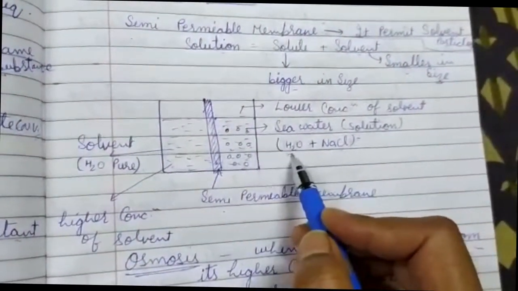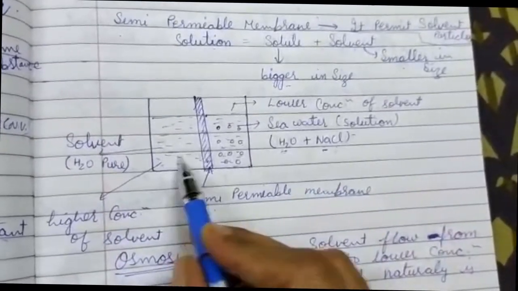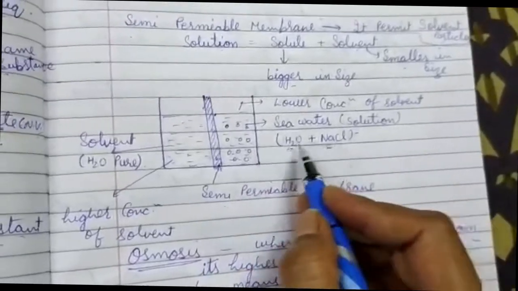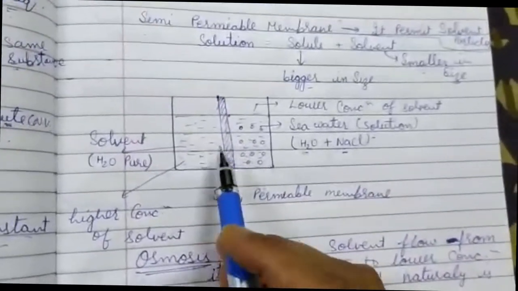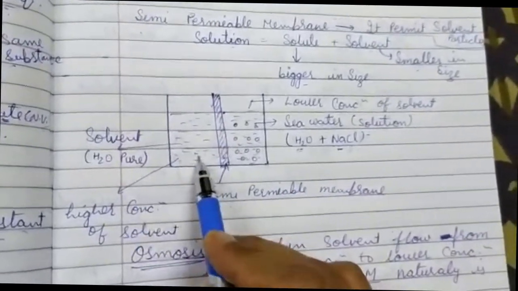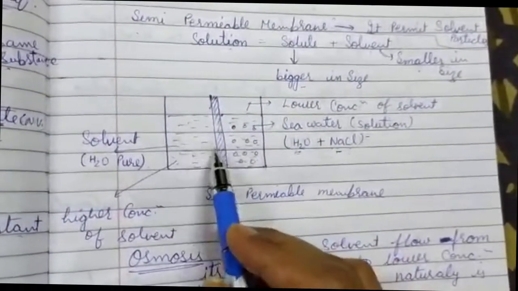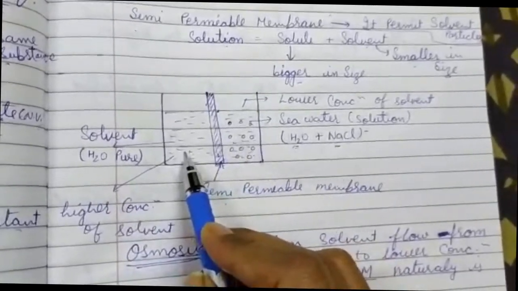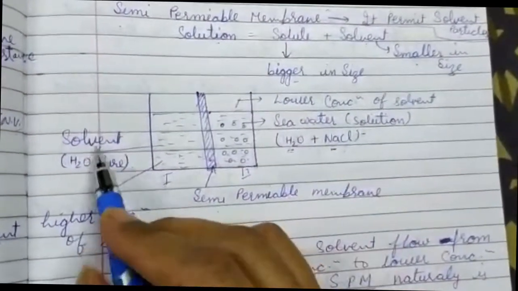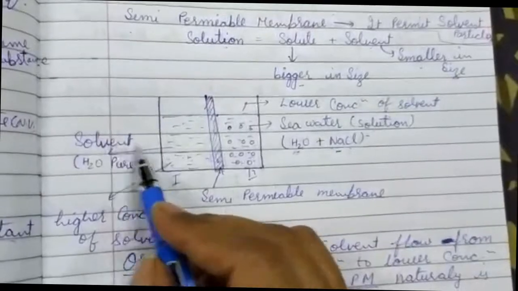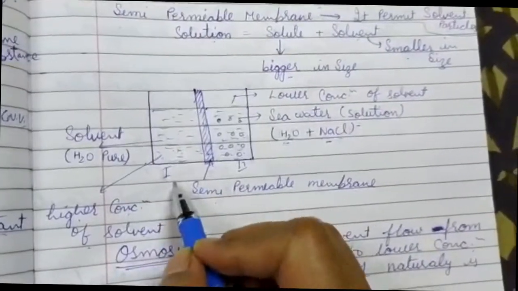Why are we calling it a solution? Because in the water we have salt as a solute. So this side we have taken solvent and this side we have taken water plus NaCl, that is salt. As we can say, the concentration of the solvent or the pure water is more this side and less this side. And you can see this side the water particles are more. So this is suppose part 1 and this is part 2. In part 1 the water particles or the solvent particles are more. So a higher concentration of solvent is present in this side 1.